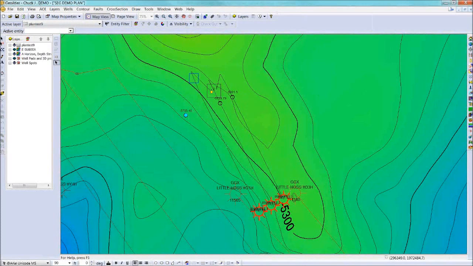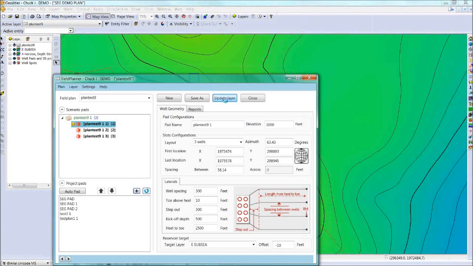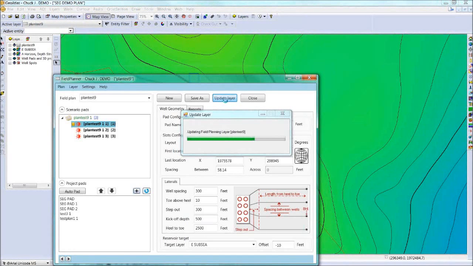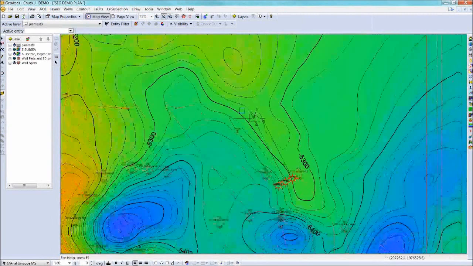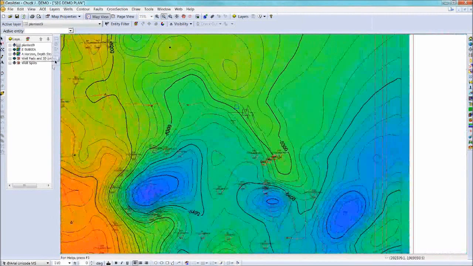If I move this and I update the layer, it uses Well Planner and the algorithms automatically to change its trajectory. You can move the bottom hole, you can move the landing point, so it works quite quickly. All right. And finally, what I wanted to show you was the ability